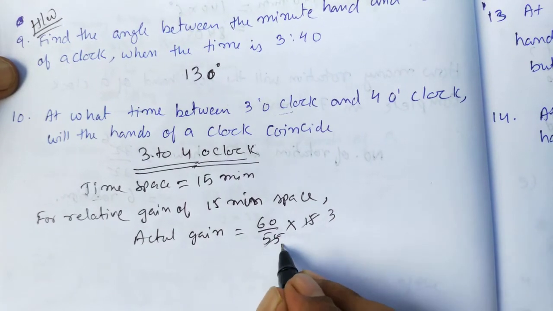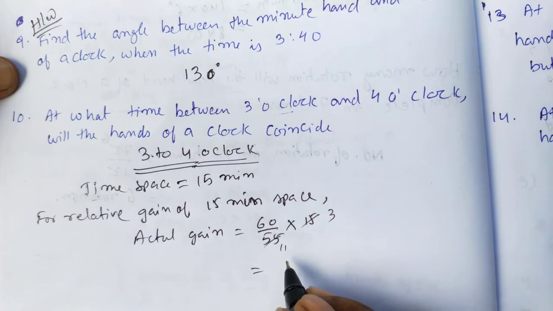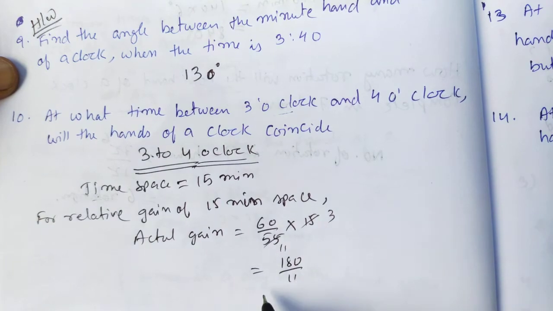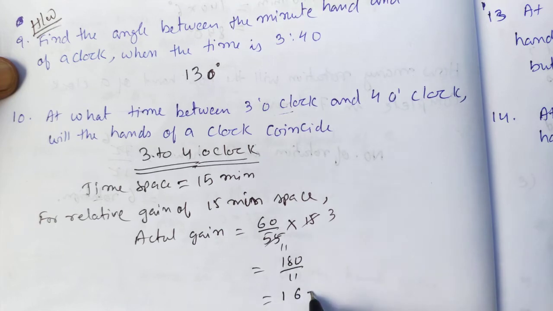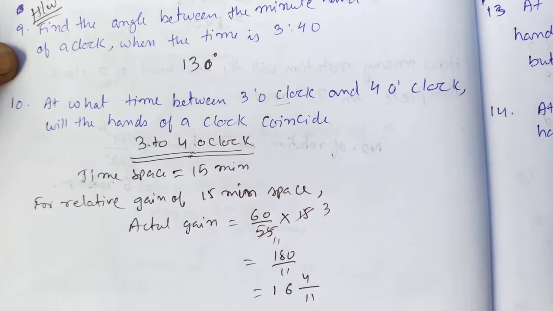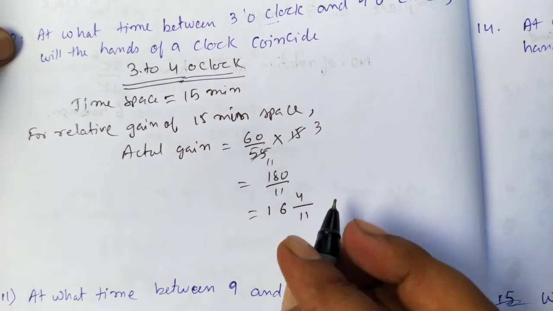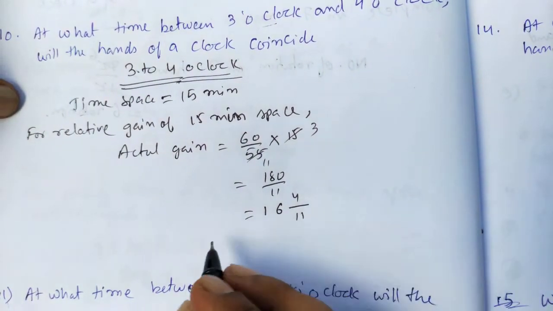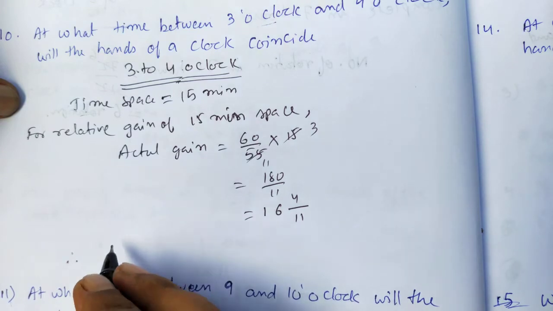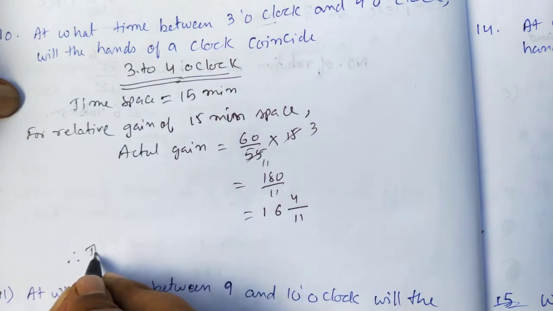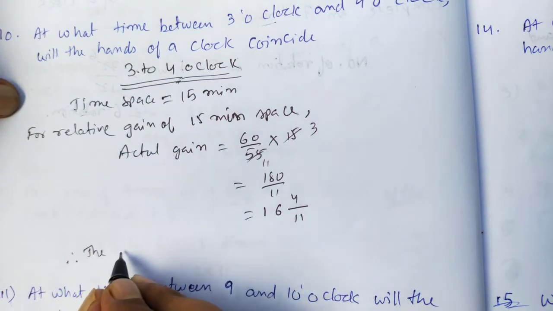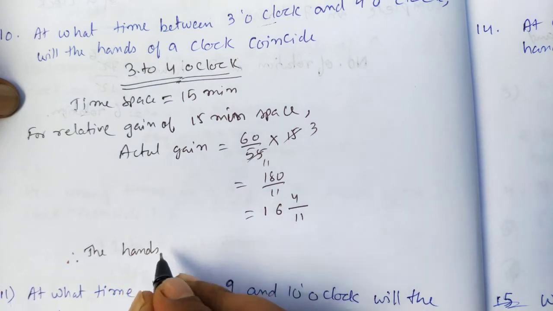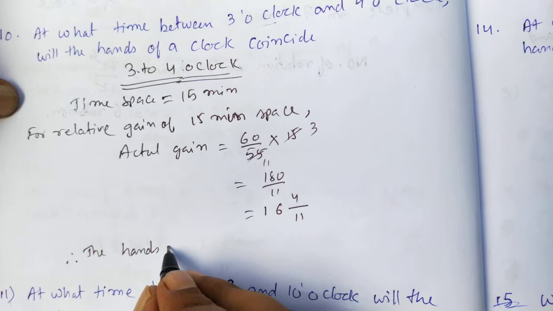5 3 times, 5 11 times, we are getting 180 by 11. So 11 1 is 11, 11 6 is 66. You are getting 16 4 by 11 minute. So therefore you can say the